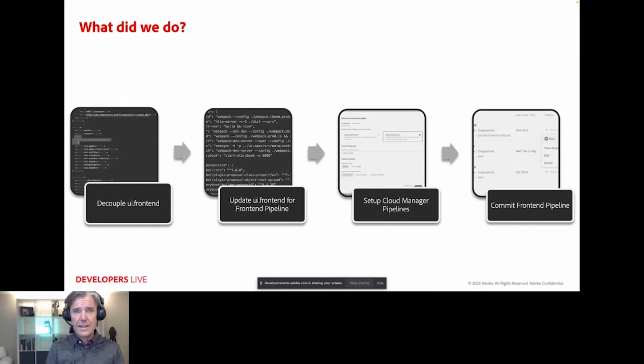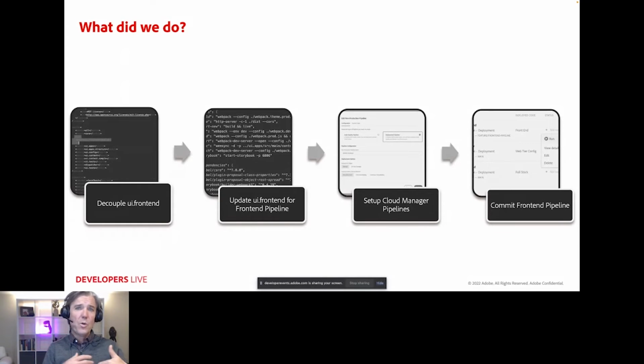We're updating that UI front end to use the front end pipeline, which is webpack configs, package.json, removing a few things, adding a couple different libraries. Then we're setting up the pipeline.